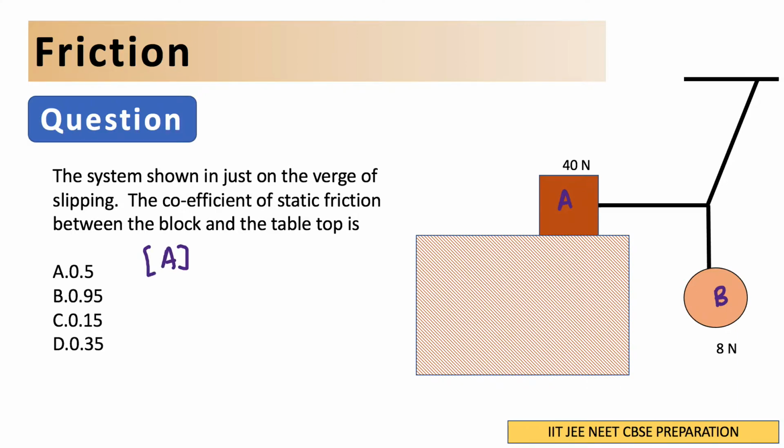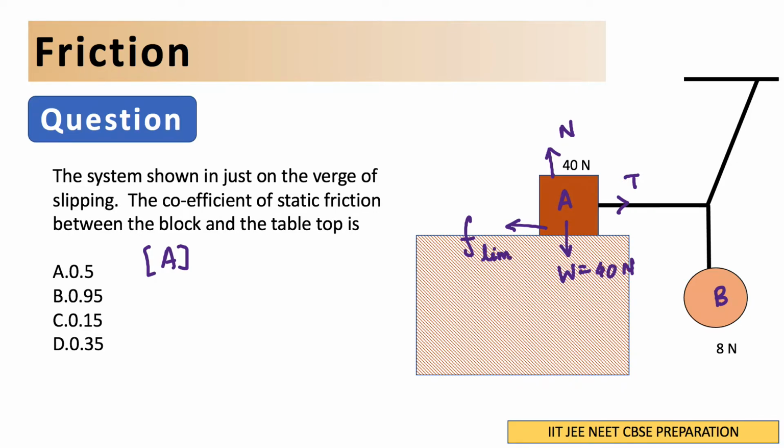For A, they have given in the question 40 Newton is the weight of this block A. So W is equal to 40 Newton, will act in the downward direction. Normal reaction because of the table on the block will act in the upward direction. And because this string is attached to block A, tension is here. Because of this tension, the block would try to move forward, but because of the tabletop, friction is there. So it will try to prevent the block from slipping. So friction will act like this and it will be limiting friction, F limit.